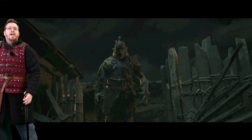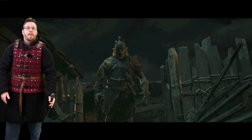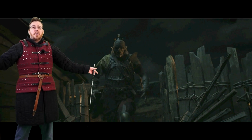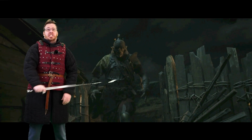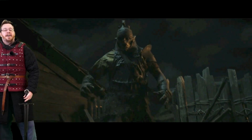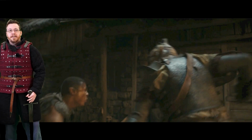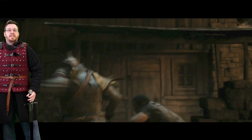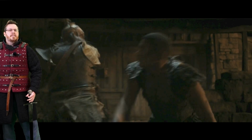This is so dumb. I still can't get over the fact he has no weapon. Look at him. Not even a dagger. Look at all the wood planks everywhere. It's good stick. Stick very good. Bash him with a stick. But no, okay? Instead, he just walks forward and then they do this over flamboyant kind of choreography where Arondir dodges again, he does a back...